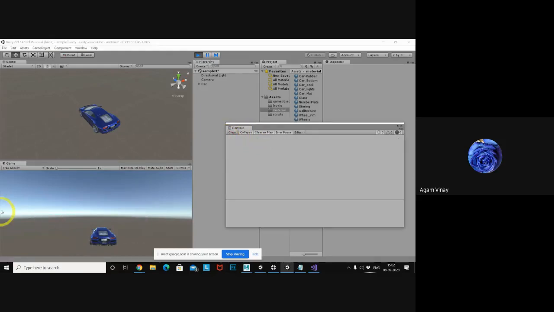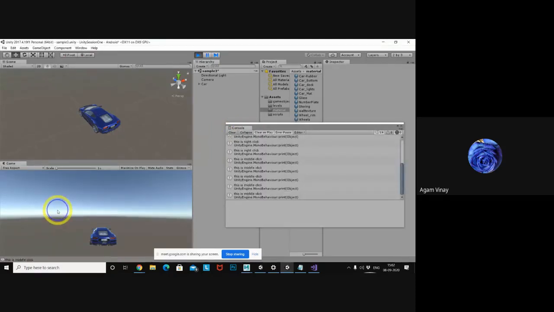Now I click the middle one, so the middle is executing, right? This is the middle click, this is the left click, this is the right click. Left, right, middle.